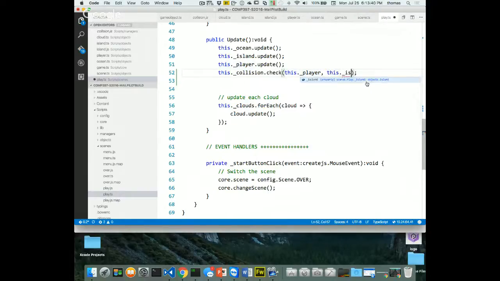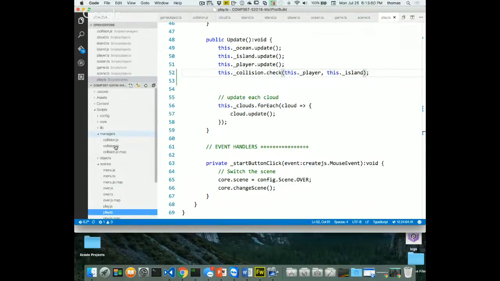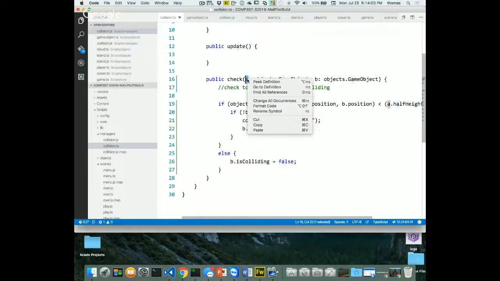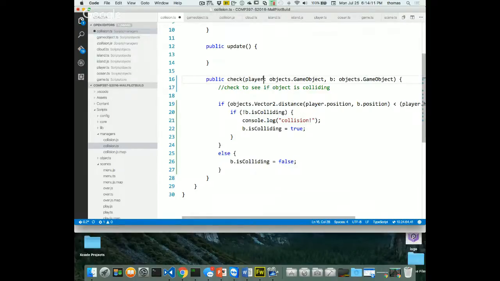This dot island. Well, if that's true, island and player, to enforce this, instead of checking A and B, what I should probably do in my manager class is call A player and B collider, or other. Let's try this out. So A would be player, so I'm going to refactor, rename symbol, to player, whatever my player object is, and B, I would refactor and rename symbol to other,